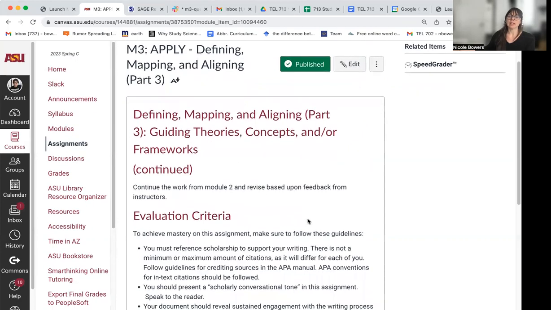Okay, your M3 Apply is just a continuation from your M1 and M2 Apply. We've asked you questions. You've started a conversation with us. And depending on what we've asked you and what you want to explore, maybe you're reworking your research questions. Maybe you are exploring a couple different theories. Maybe you are completely back at problem framing. Wherever you are is what you're going to revise and refine here based on the conversational feedback that your co-instructors have given you over M1 and M2.